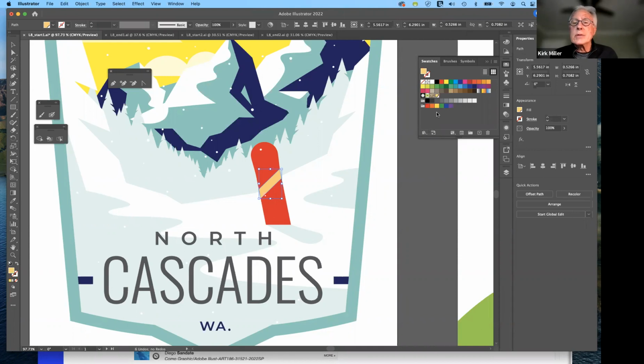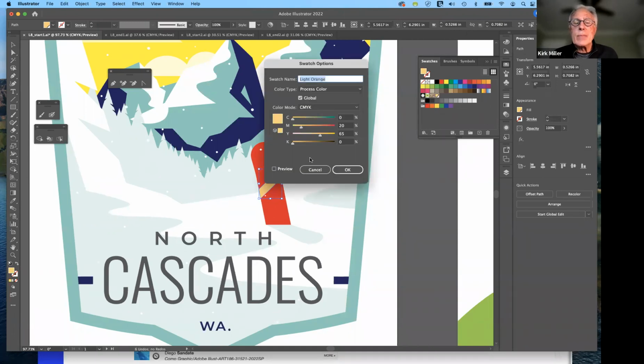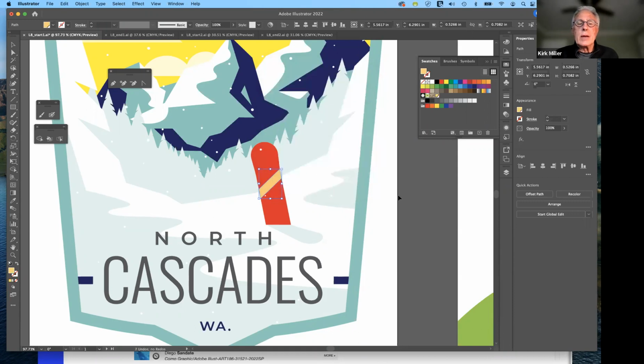Now, another thing that you should take note of is that it is surrounded in a white box with a little check mark in the lower right-hand corner. If I double click on that color, it brings that back up. And you'll notice that by default, there's the little check mark where it says global. Okay, if I have used that color anywhere else, so for example, let's go ahead and deselect